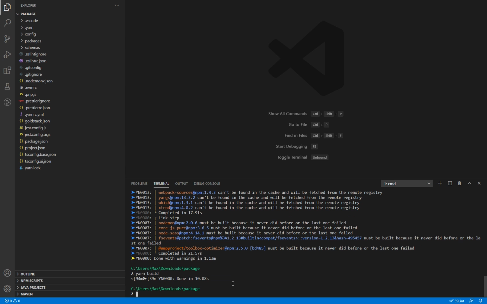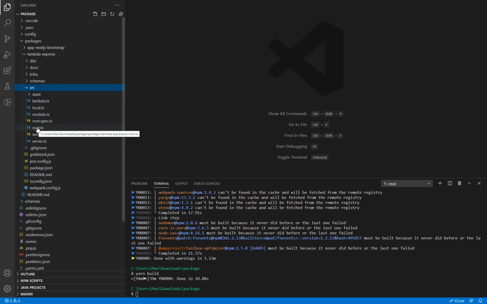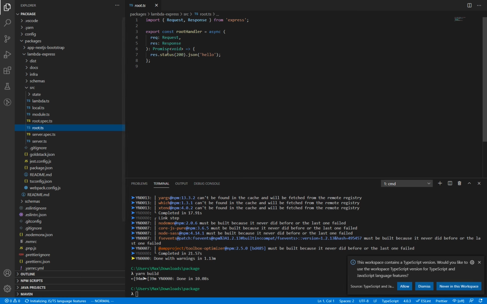Finally, we need to get our VS Code ready. So for this, we just have to find a TypeScript file, and usually we can find those under Packages, where it will then list the modules that we have selected. So I just select one module here, and then under Source, there's usually a whole bunch of TypeScript files. So here I just open one of them, and upon opening them,